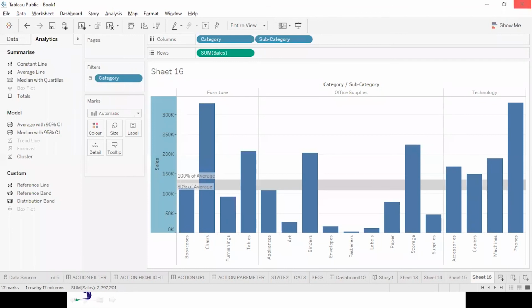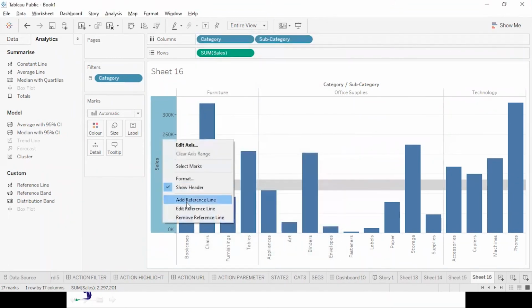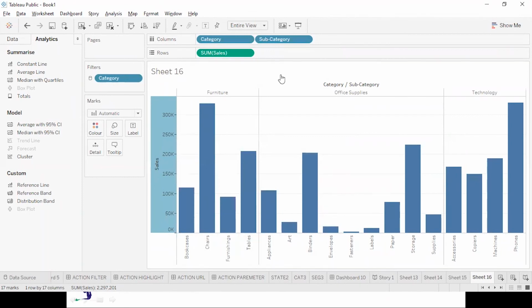Let me clear all this. Sorry. Remove reference line. Okay. Then we have done the summarize and the custom. The second one which comes up over here is the model.